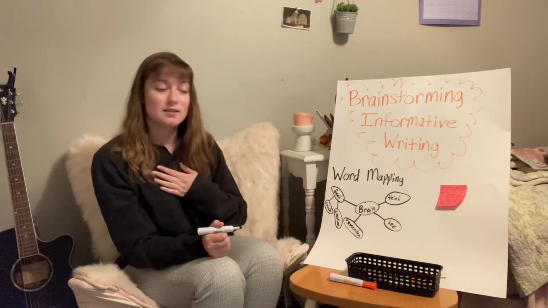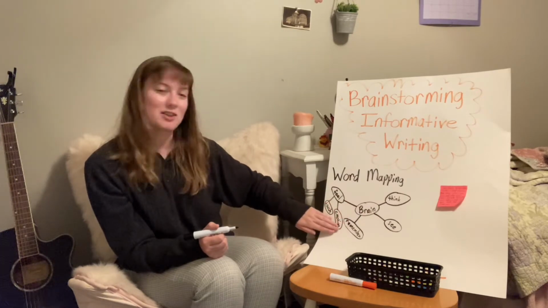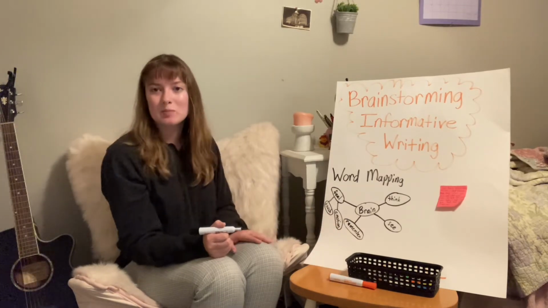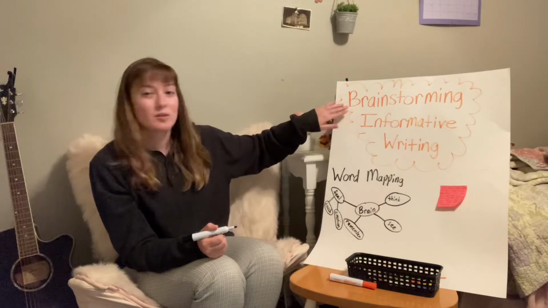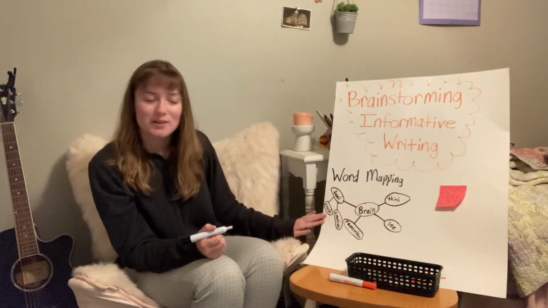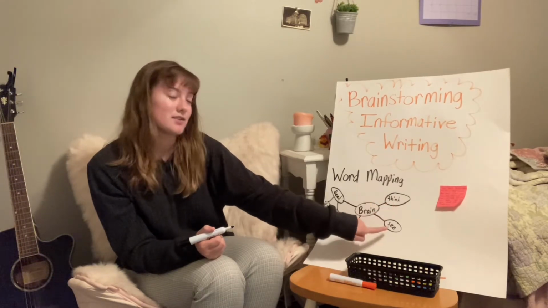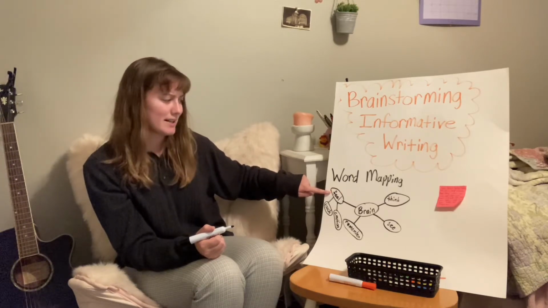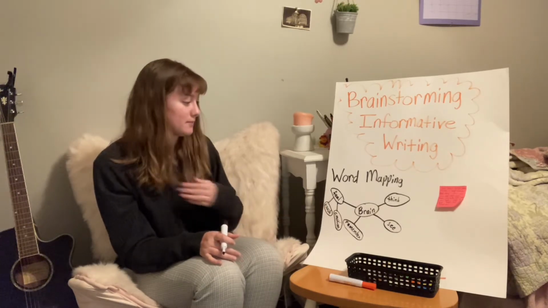So Deek has written about brain, and this may be a possible word map that she created as she was writing to help her think about it. Good writers always plan. They always think. They take the time to use brainstorming before they write to formulate their ideas, what they're going to say before they say it. So we have brain. From there we have the brain helps us think. Another detail, see. Remember, feel. We can go farther than feel. What is the brain helping us to feel? Touch, so physical feeling, emotion, emotional feeling.